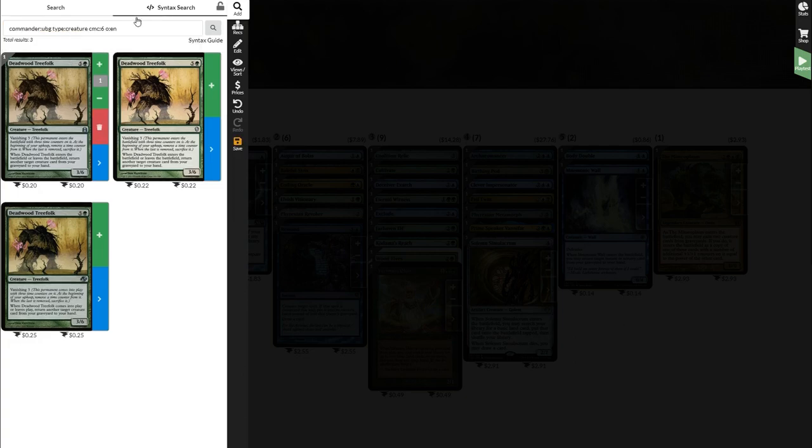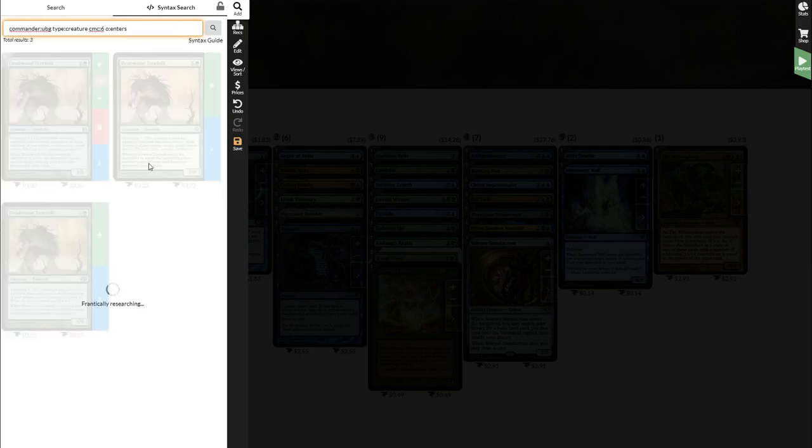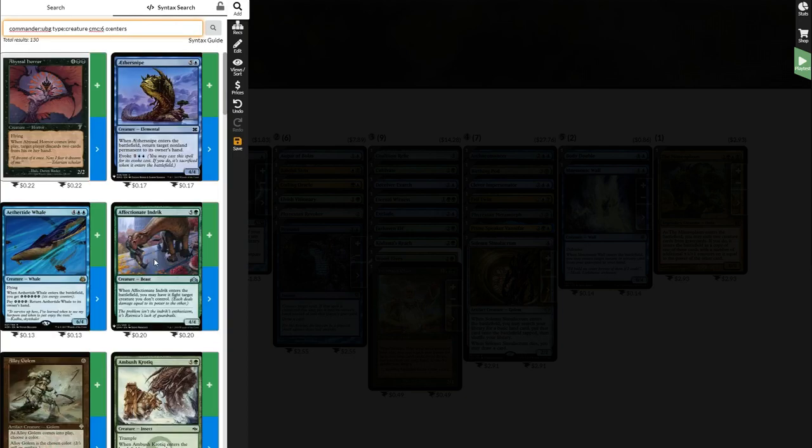But yeah, let's go over here and see. I think, since we have Cultivate, Kodama's Reach, and a bunch of stuff, we're going to hit 6 CMC a lot. So